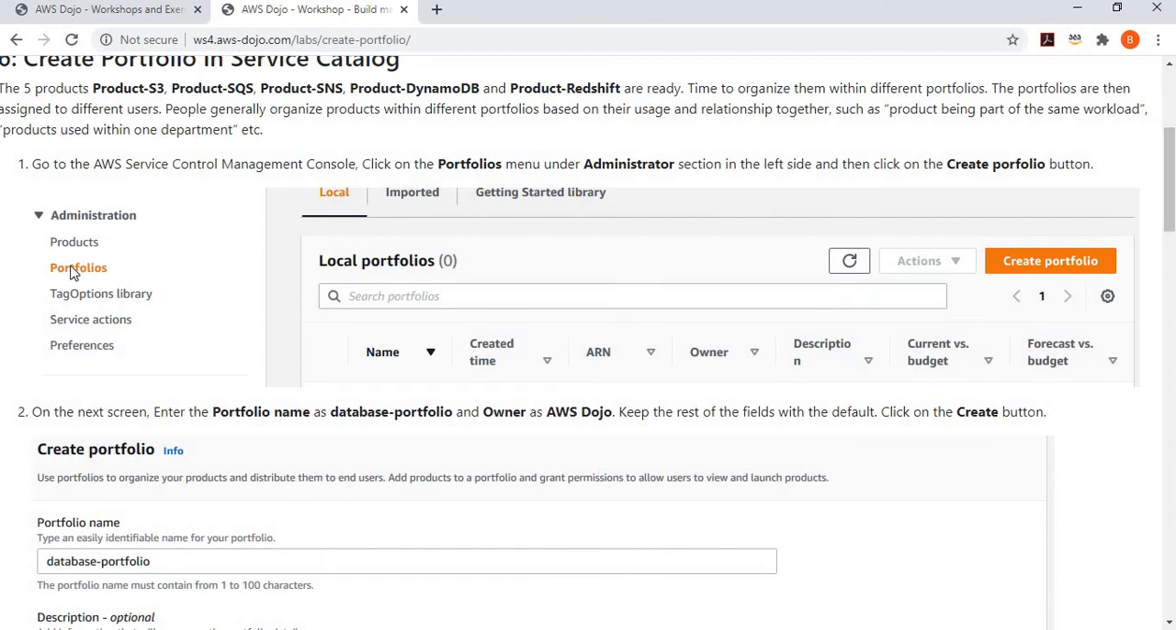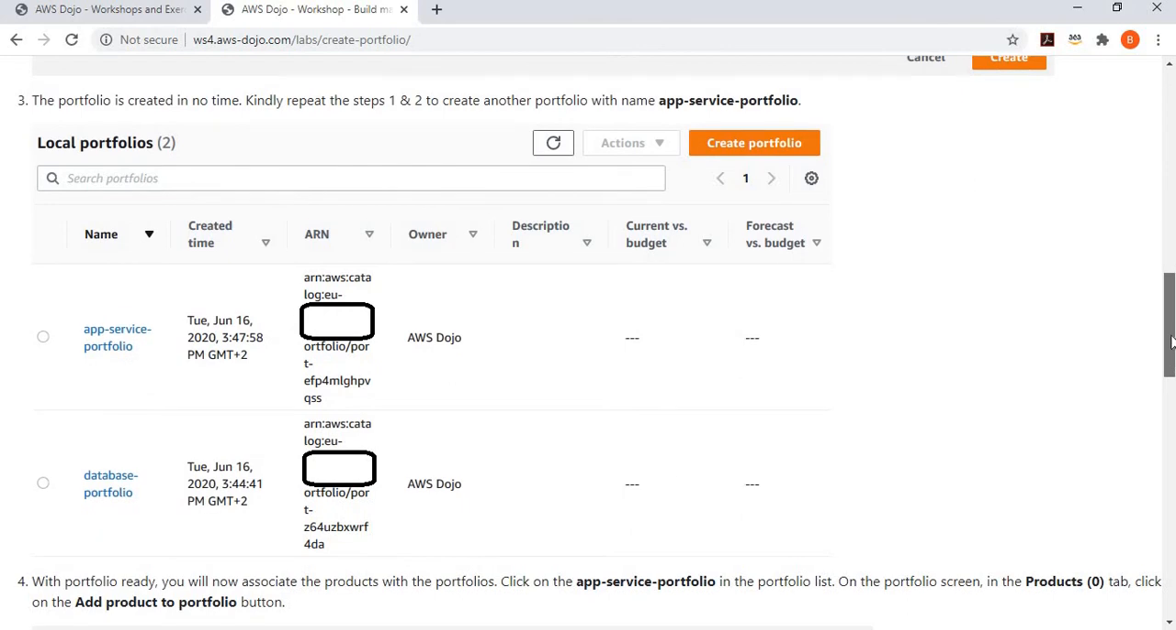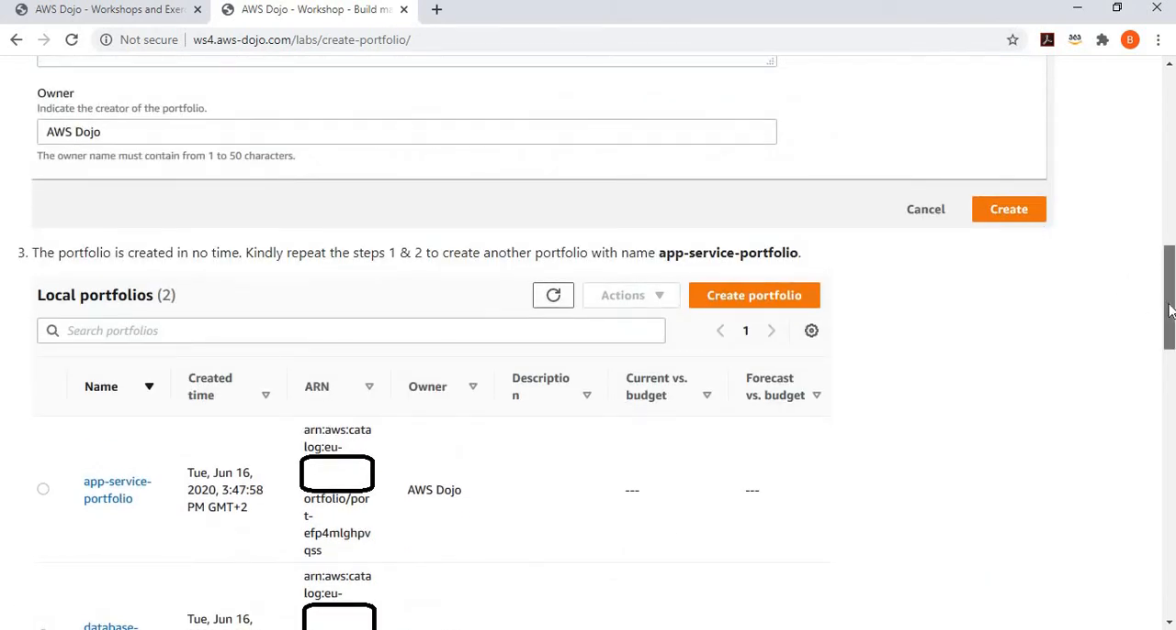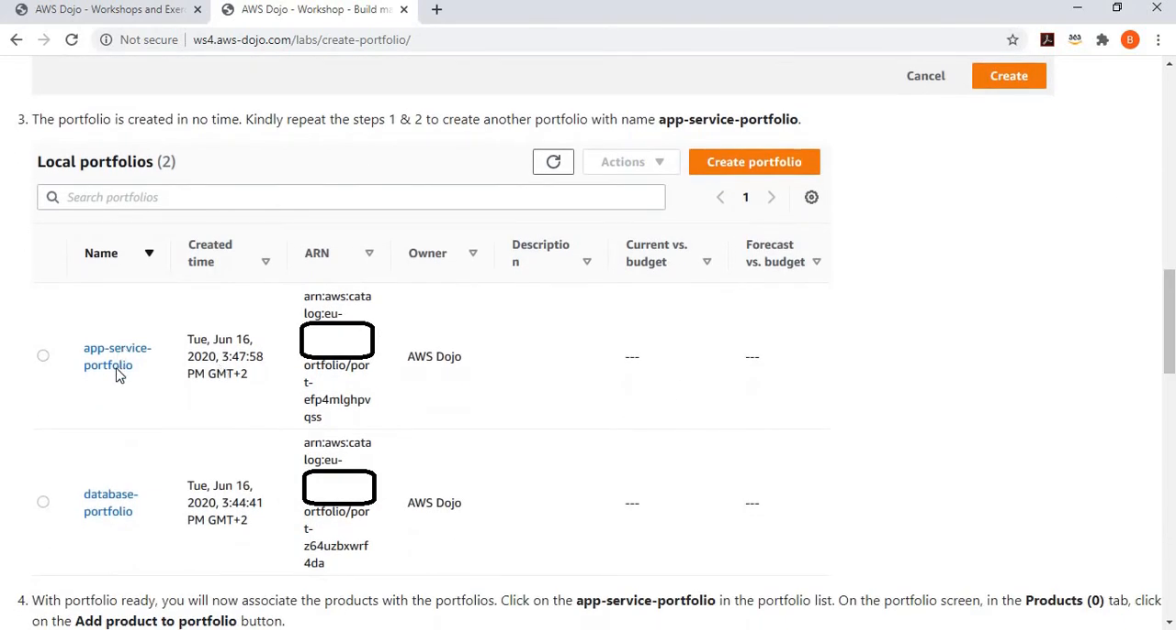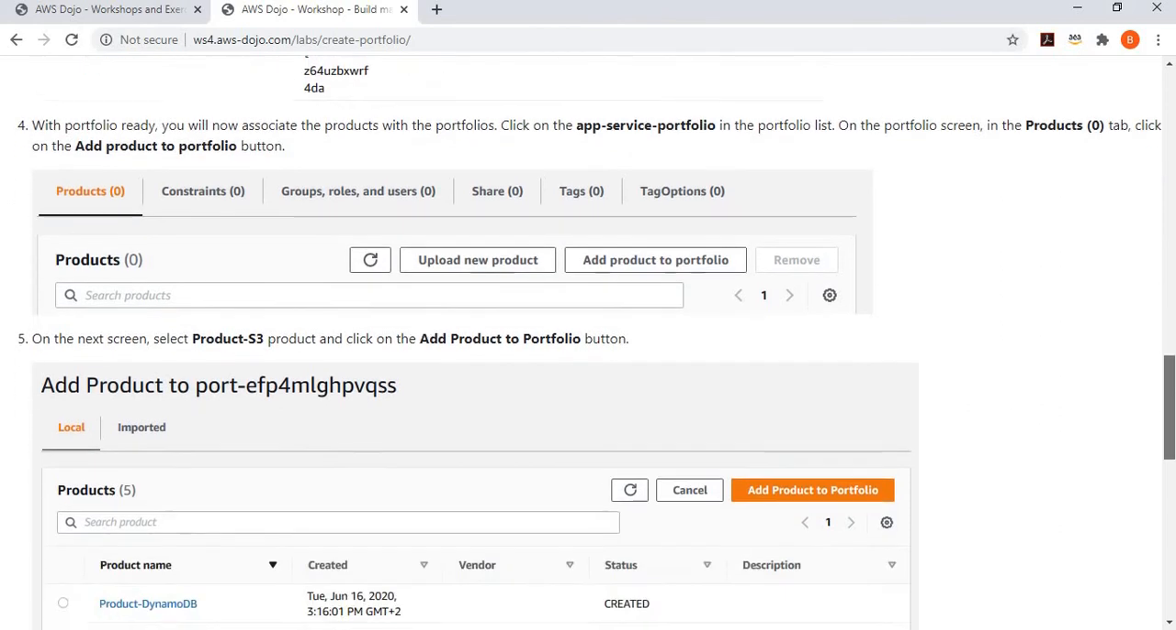You click on the portfolio, then create portfolio, give the portfolio a nice name, and simply create it. So you create both portfolios. One is your app service portfolio, the second is a database portfolio. And once the portfolios are created, the first step is to